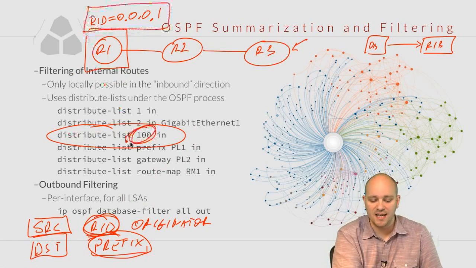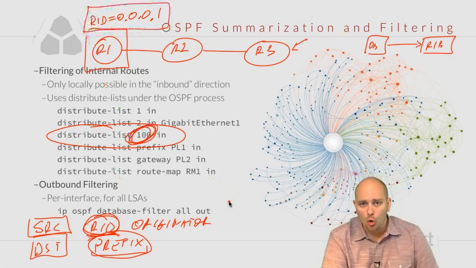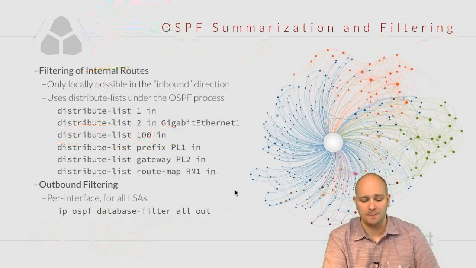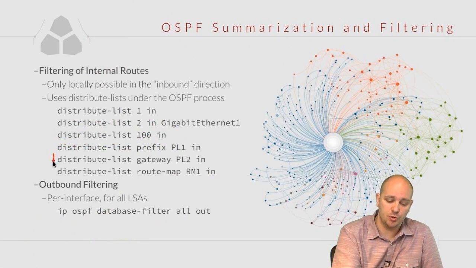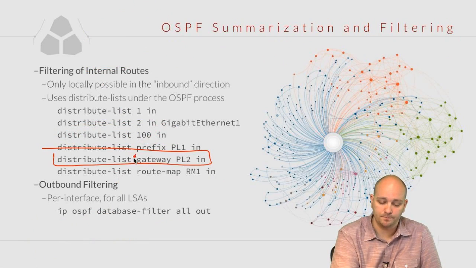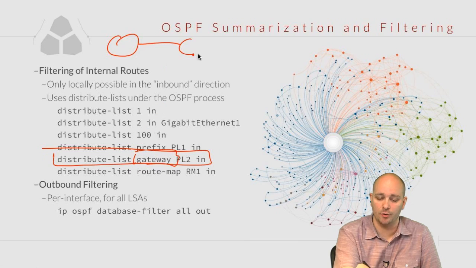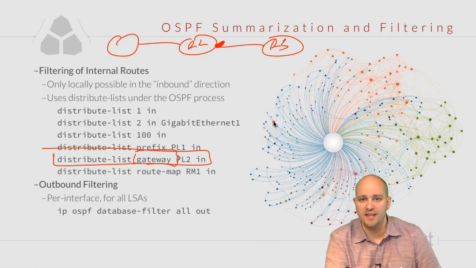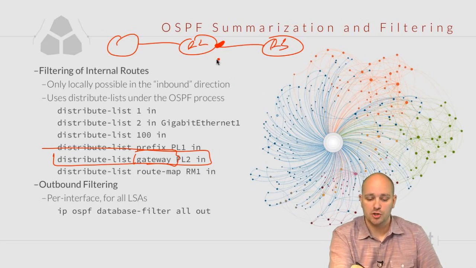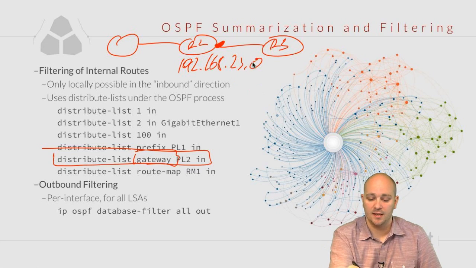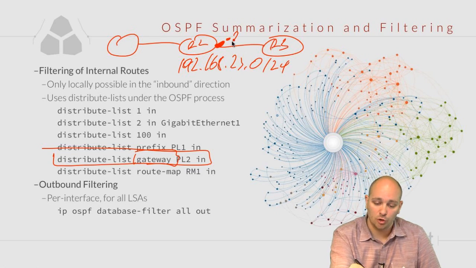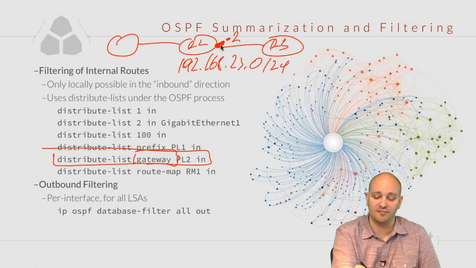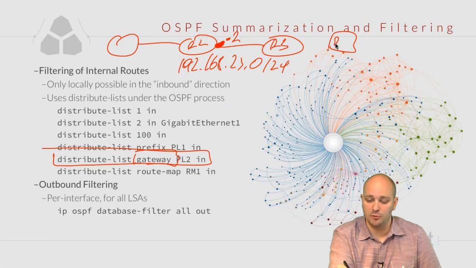So this is how we can use the extended access list to actually match the origin point, the origin router ID of our route. On the other hand, using the gateway keyword here allows us in a similar scenario on, let's say, R3 here, to filter the routes if they are in their calculated form have this IP address as next hop. So we would say, for example, let's say that this was 192.168.23.0/24 and that this was .2 here. If I wanted to filter all the routes that have this as the next hop on R3 between the database and the routing table,